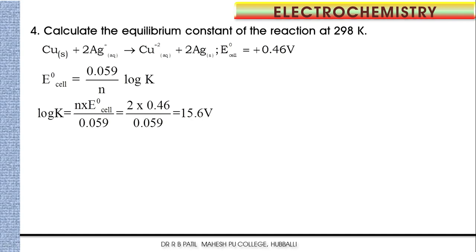So they asked us to calculate the equilibrium constant K. I have to find the anti-log value. So anti-log of 15.6. Remember, students, whenever you take an anti-log, you have to look up the anti-log for the digits which are present after the decimal point. After this, for 0.6 you have to look up the anti-log, and in the answer, the 15 present before the decimal point should be raised as the power.